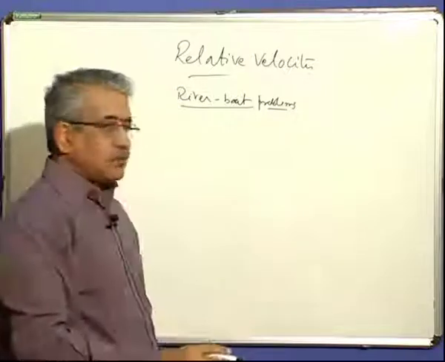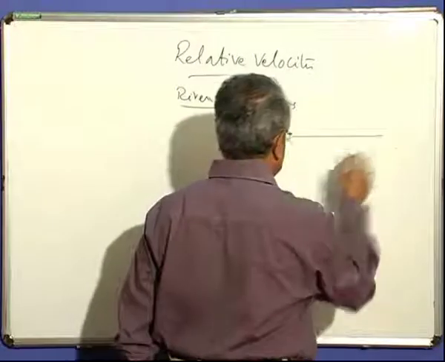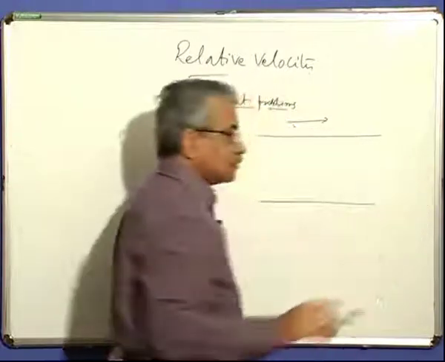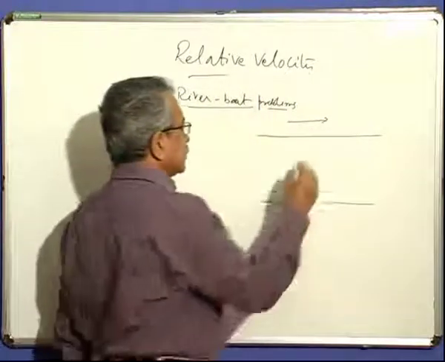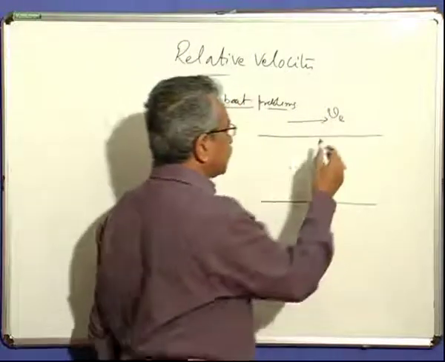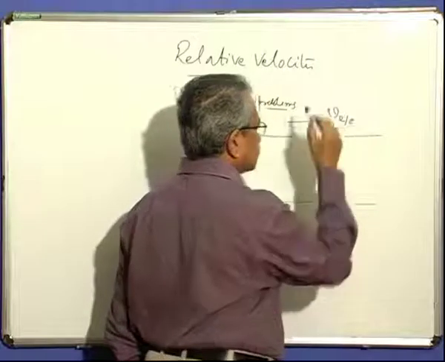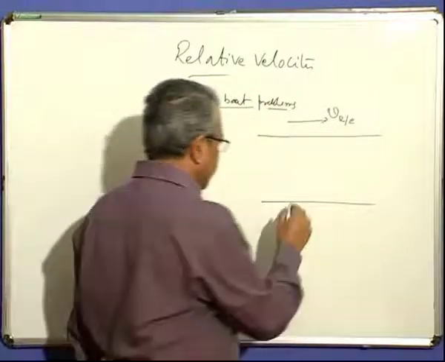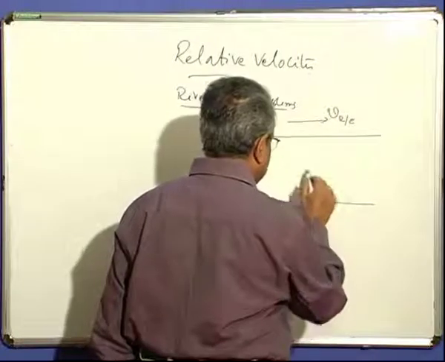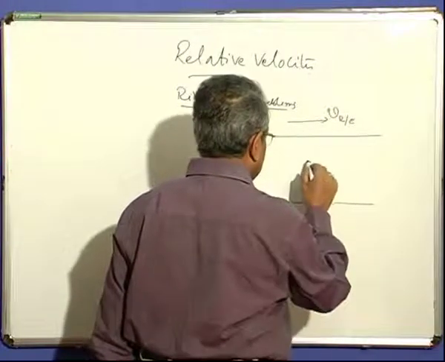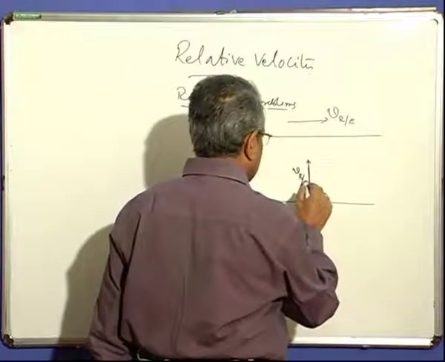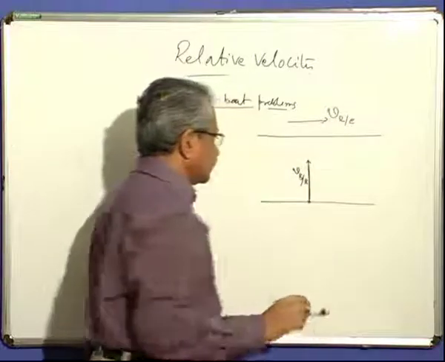In the riverboat problem, what happens is, suppose there is a river that is flowing like this, in this direction. That is downstream. That is velocity of the river, we say, suppose. This is with respect to the earth. And a boat starts here. It wants to reach at this point. It is going with the velocity here, suppose. That is the velocity of the boat with respect to the river here, it starts like that.